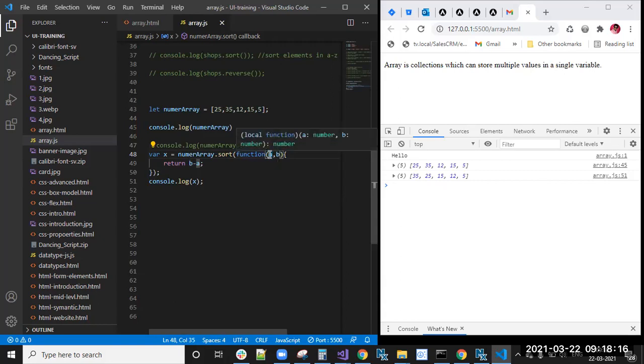It will check it against the previous element, and if this element is bigger, it will add at the end. If it is small, it will add at the starting position. Like that, it will check each and every element until it finds all the results in a proper manner. Okay, with numbers, this is the correct sorting function.